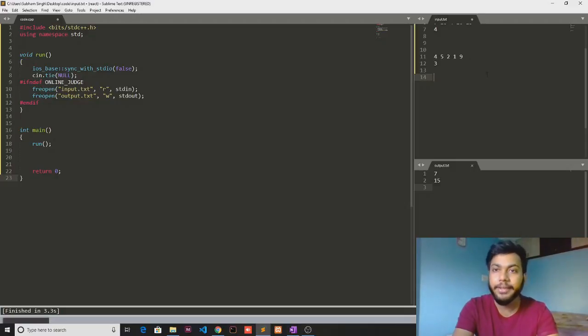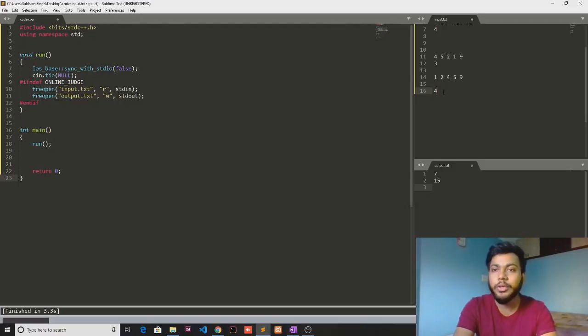If we sort the array, 1, 2, 4, 5, 9, then the kth, that is the third element of the array, is 4. So the solution will be 4. That is, 4 is the third smallest element of this array. So this is what the question requires.